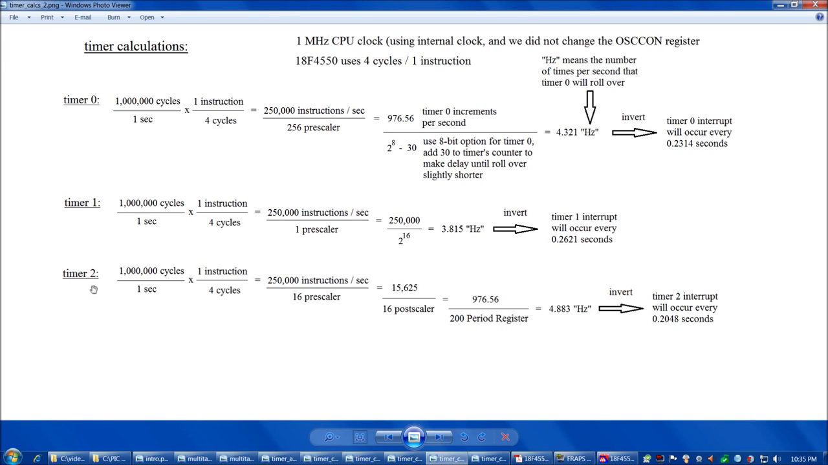So here's how our timer 2 calculation is going to work out. It's going to start the same as the others. A million clock cycles per 1 second times 1 instruction over 4 cycles gives us 250,000 instructions per second. And we'll use the prescaler of 16 that divides out to 15,625. Then we'll divide that by the postscaler of 16 that divides out to 976.56. Then we'll divide that not by 2 to the 8th, but by 200, because we're going to set the period register to 200. So that's going to give us 4.883 times per second that timer 2 is going to roll over. So if we do 1 divided by that 4.883, that tells us that the timer 2 interrupt will occur every